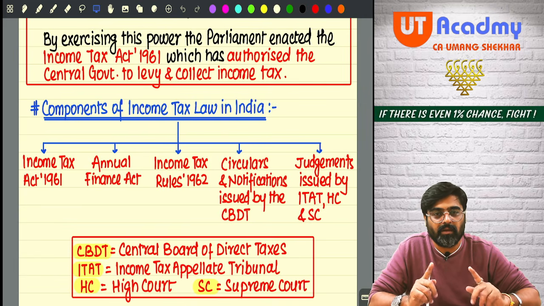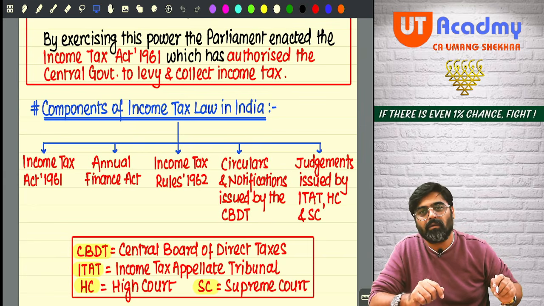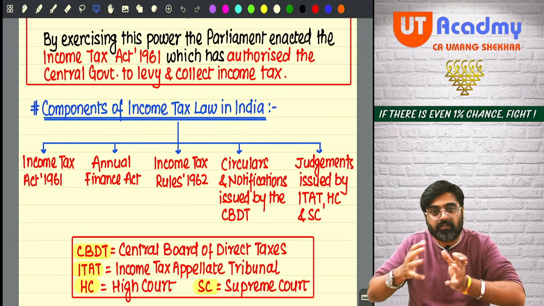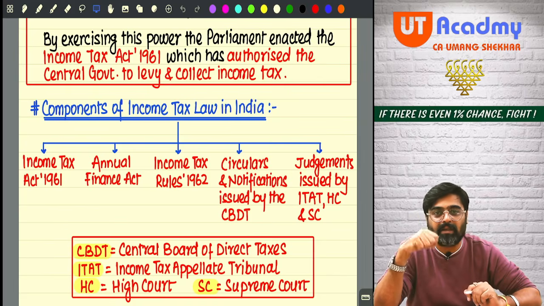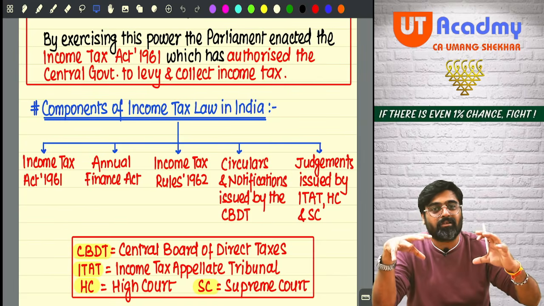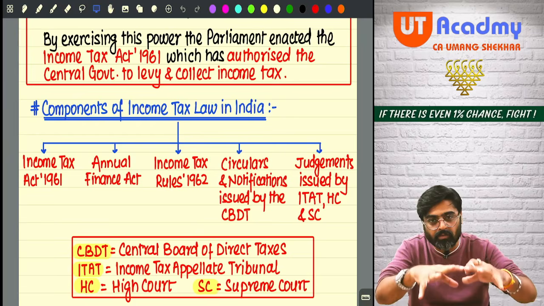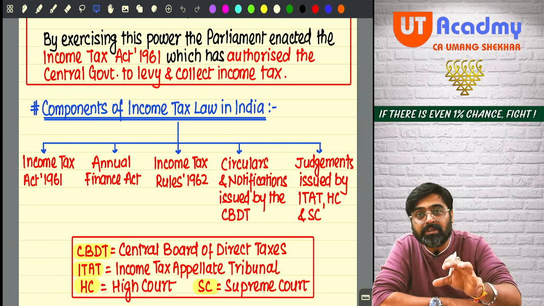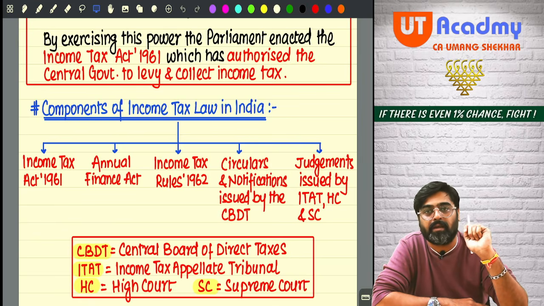Now come on, tell me. Income Tax Act, 298 sections. Now just imagine if there is a book and that book is written without proper sectioning, without proper division of sections into chapters. Won't that book be difficult to understand? So the Income Tax Act is a huge book having too many sections, too many provisions. And if these provisions are not bifurcated logically, chapter wise, what will happen? It will be very difficult to understand this entire Income Tax Act.